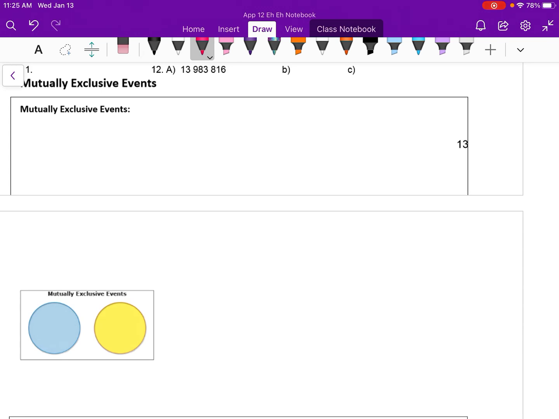All right, good day. Today we're going to talk about mutually exclusive events. Now, mutually exclusive events, when we draw a Venn diagram, they look like this. But mutually exclusive events are multiple events. Maybe not multiple. I should probably write two or more